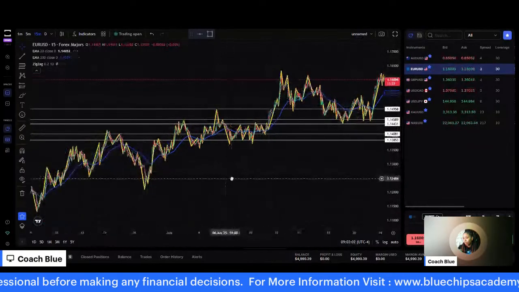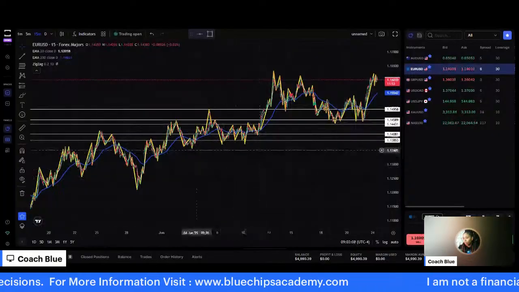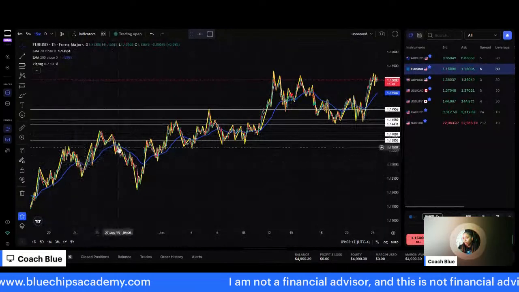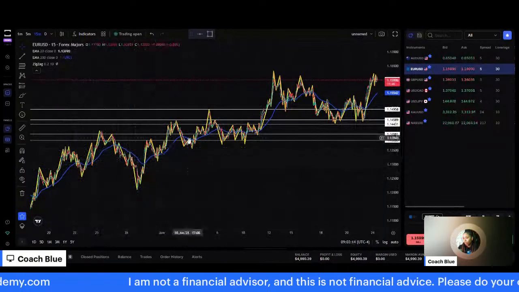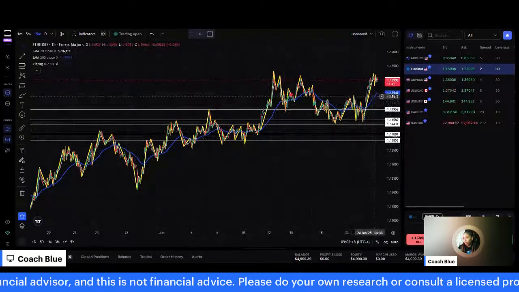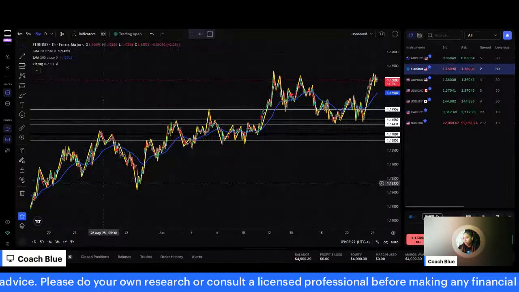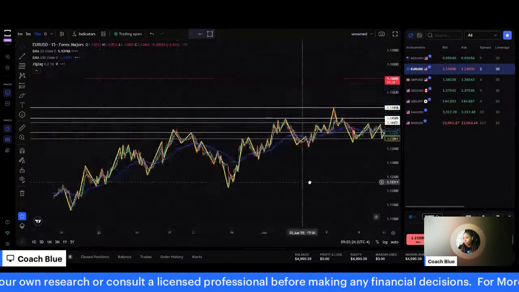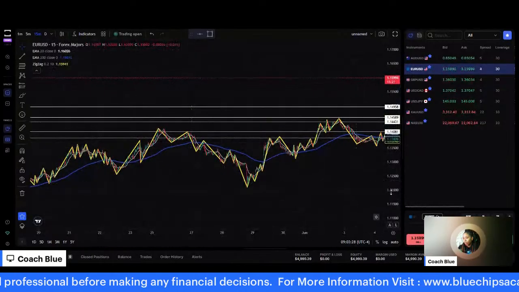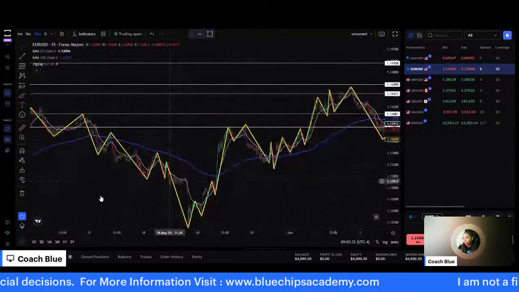All right, so let's look at this. This is Euro USD. We can clearly see this blue line right here. This is my 200. We can see that the 200 is clearly trying to move up, similar to my illustration. Now when you see these crossovers happen, you see that there are opportunities in the direction of the 200.